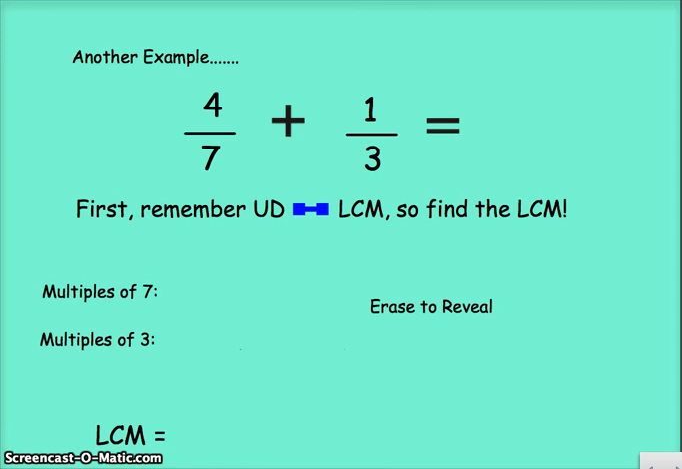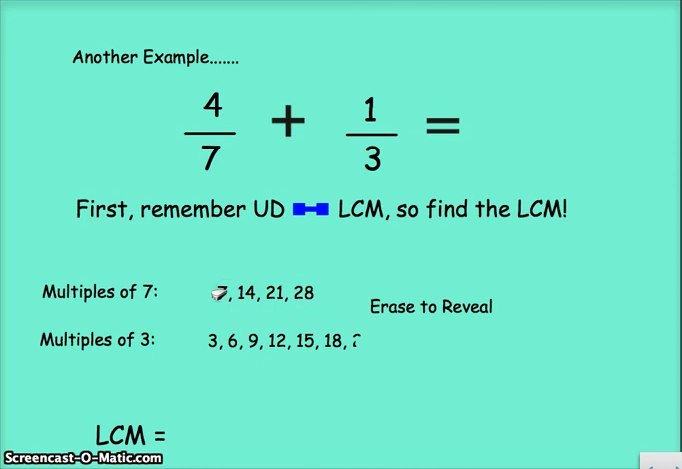So this is one you can try for yourself. 4/7 plus 1/3. First thing to do is UDLCM. So we look at the multiples of 7. Think for a moment what they might be. And multiples of 3. Again, these are fairly low numbers. You could do the birthday cake method, but because the numbers are low, you simply make a list,